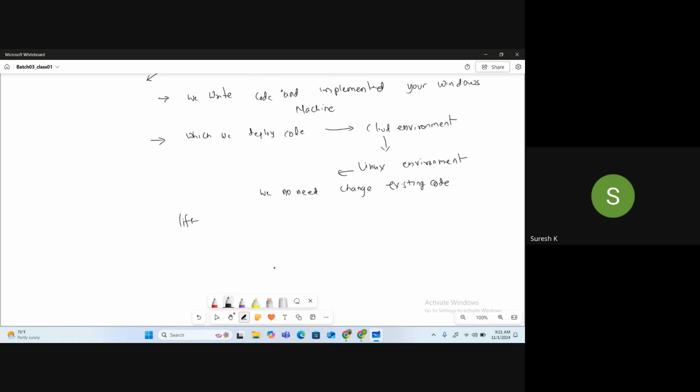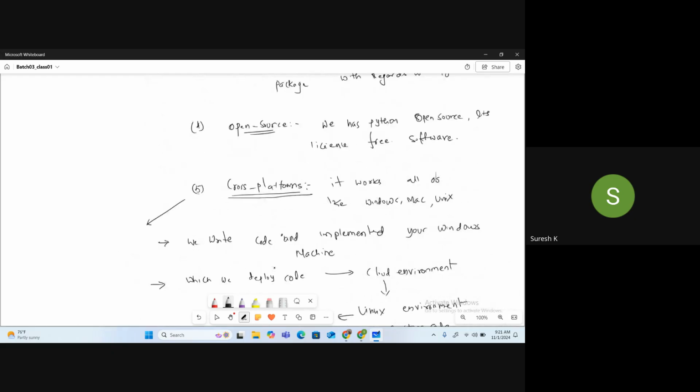What does it mean? You can take code from a Windows machine and paste it in a Linux environment. You don't need to do any separate coding for this. That is the meaning of cross platforms.